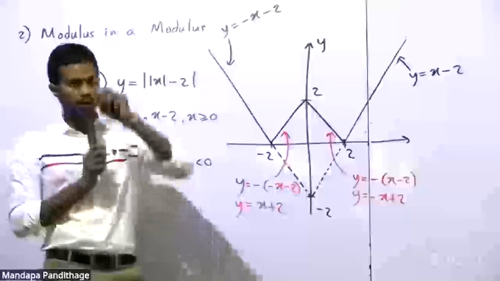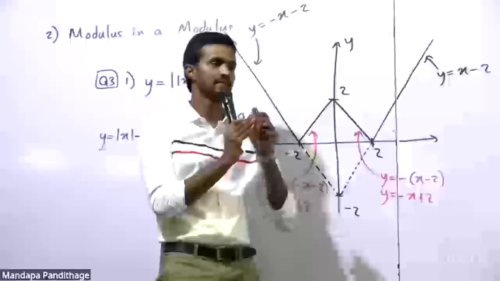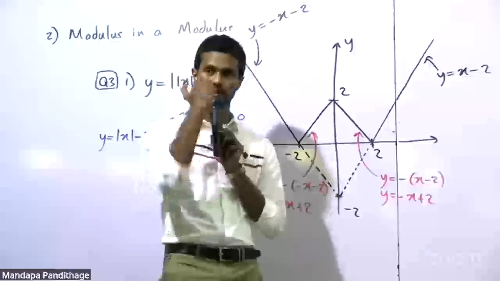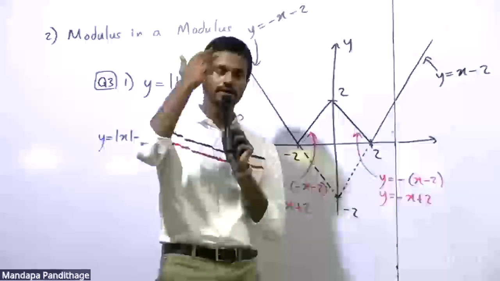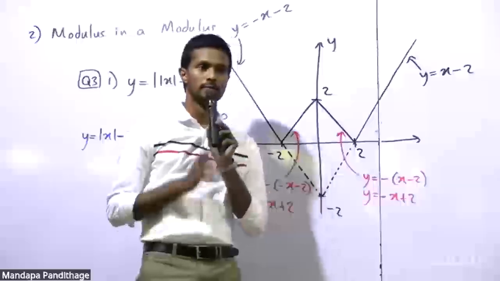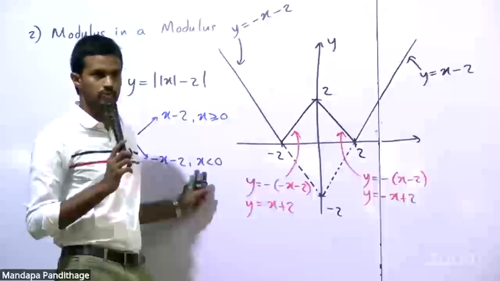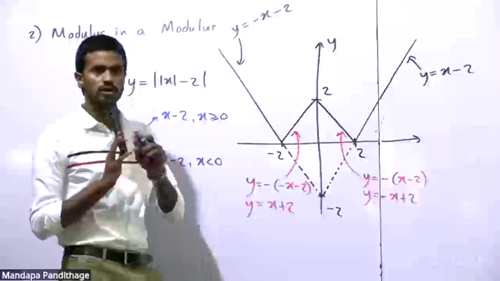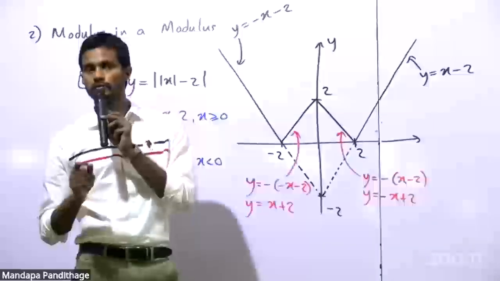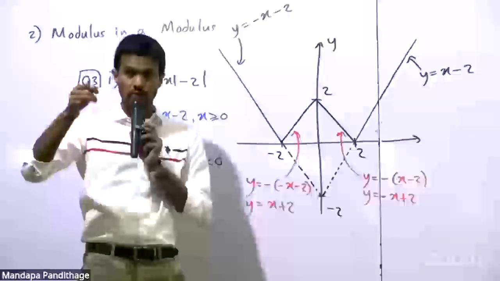How capable or how knowledgeable you are, how much you have practiced. If the structure changes in the paper, we doubt our knowledge. So that component, trust in your knowledge, trust in yourself, we need to gradually develop throughout these 2 years. Because when you go to the paper, you don't get an exact replica of the past 5 papers. There might be 2, 3 questions which deviate from the normal structure. If you know the theory, you can do that question, but you need to